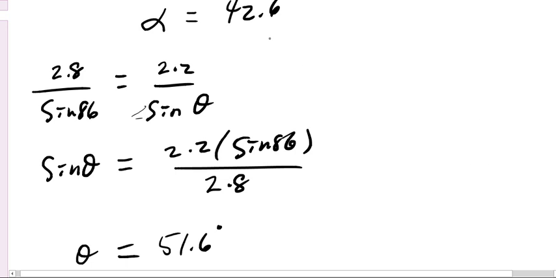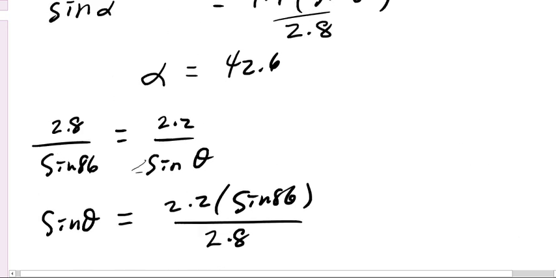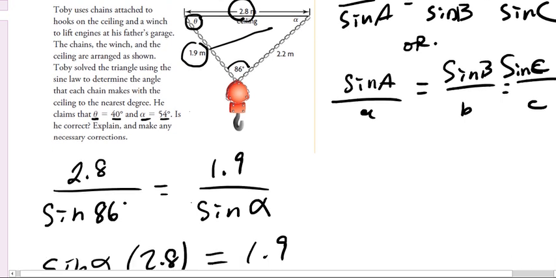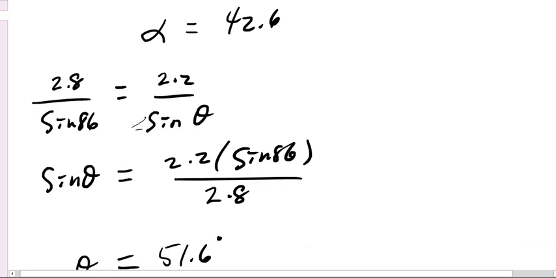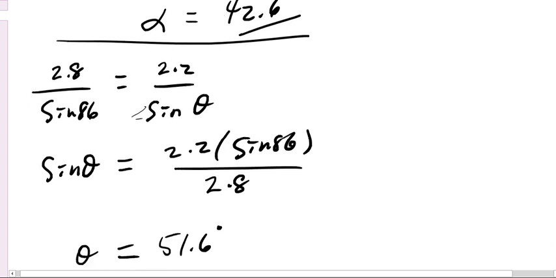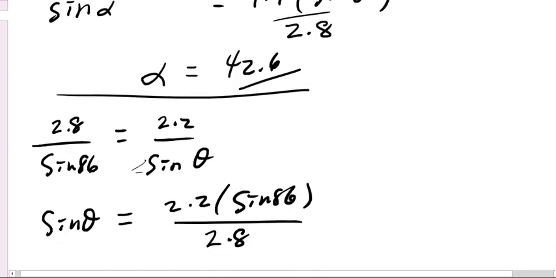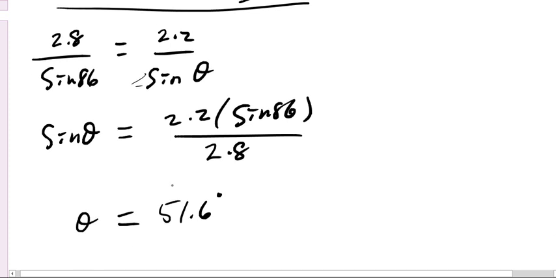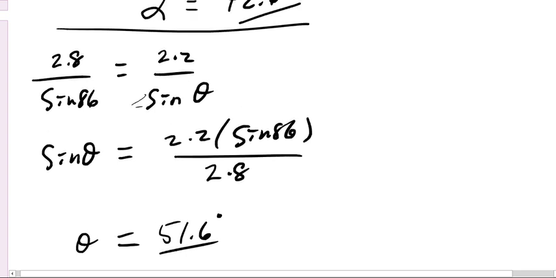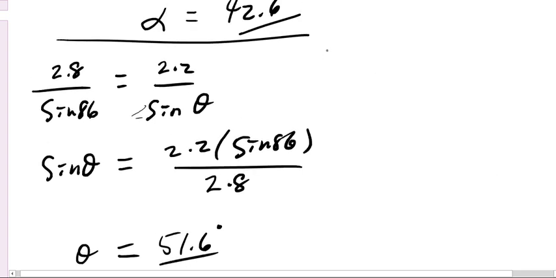Once again, the question was asked, can't you just do 180 minus your first angle? Of course the answer is yes, you can, but if you did something wrong in the first stage, then your second answer will be wrong as well because you used that error. If you do it independently, you have a better chance of discovering an error. What we can do though is check 86 plus 42.6 plus